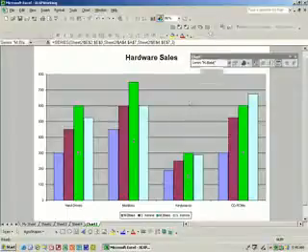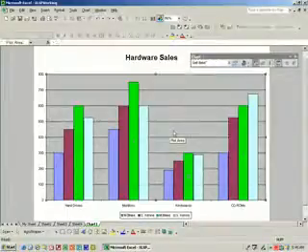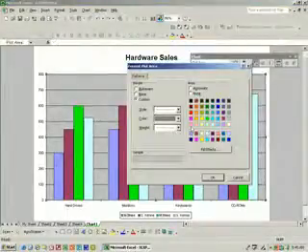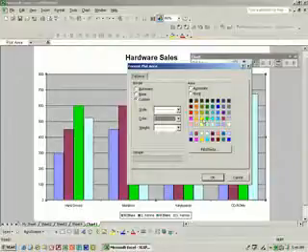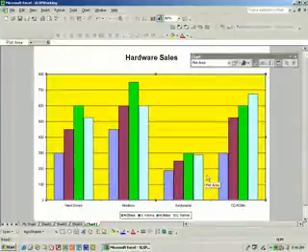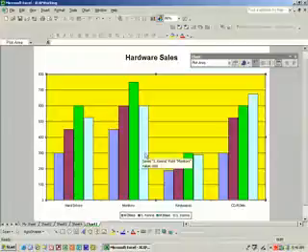And now double click on an empty area of the chart background between the columns, and we want to select a yellow color and OK. And now double click the rightmost monitor column,